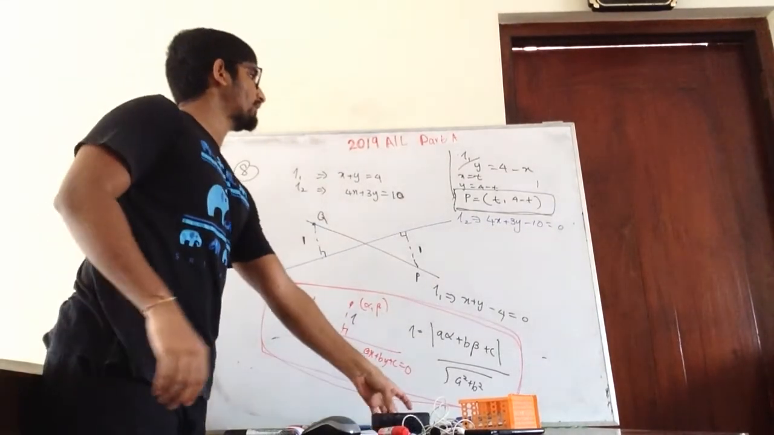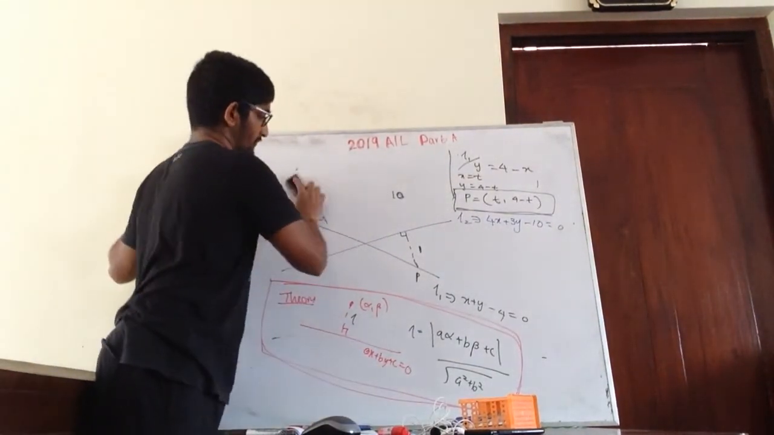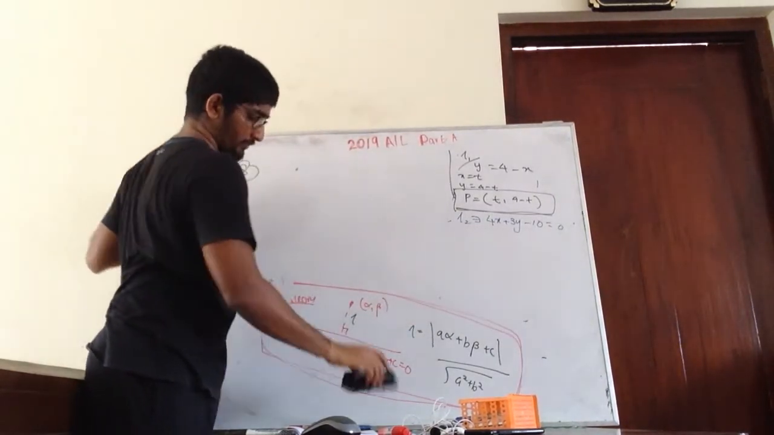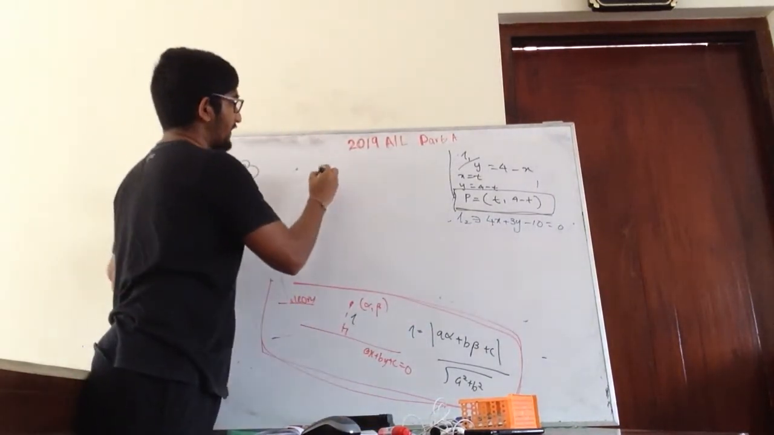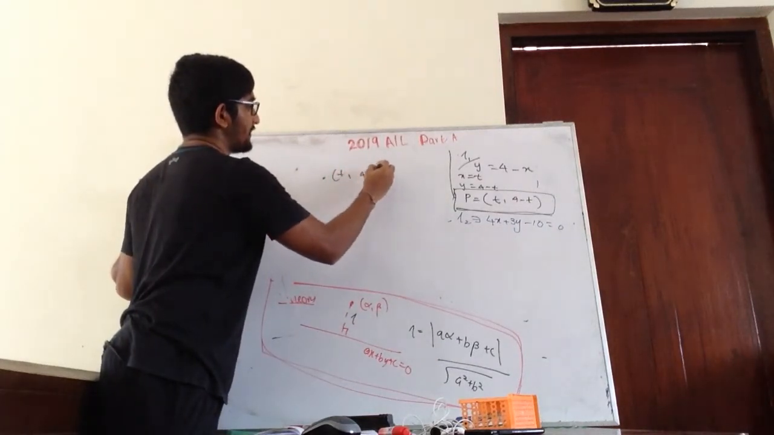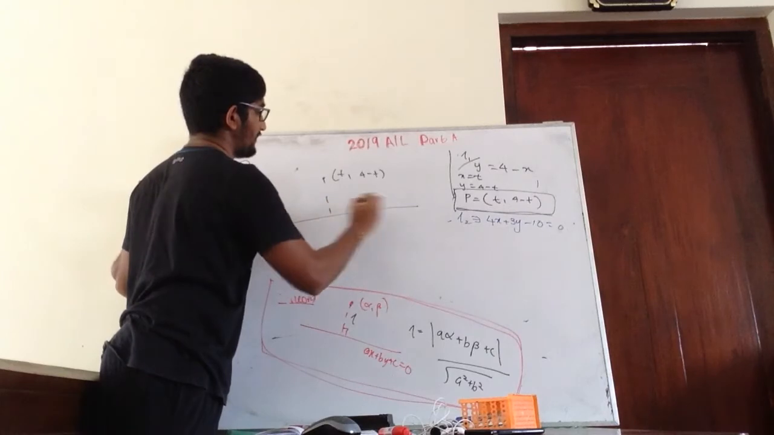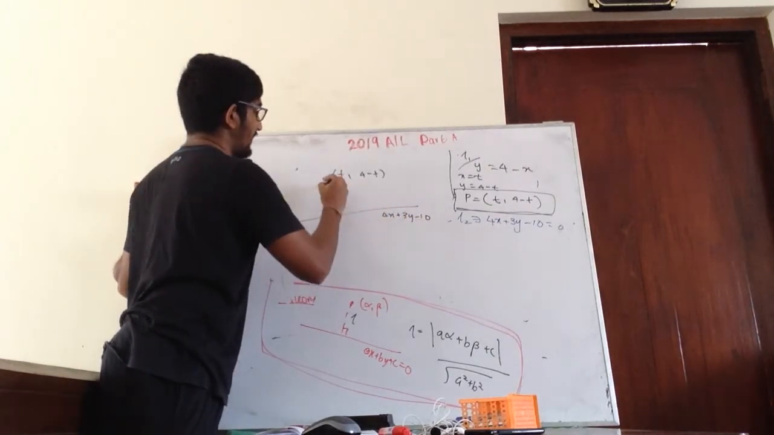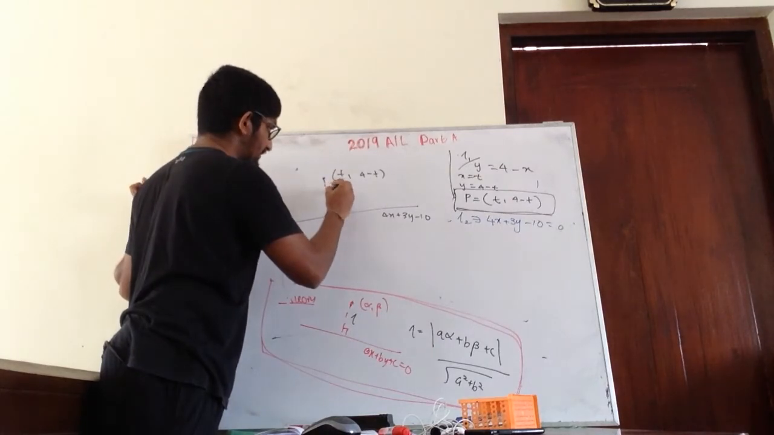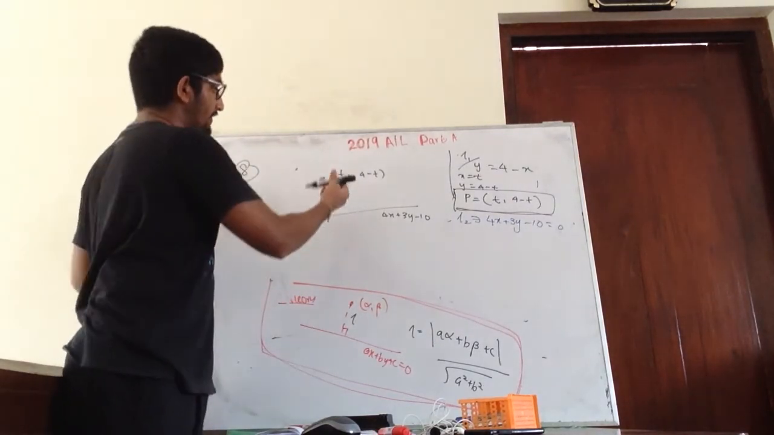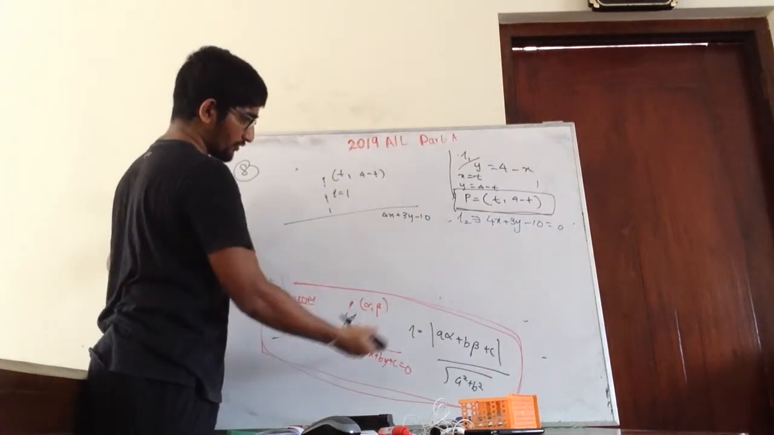Right, so now here, I have a point P (t, 4 minus t), and then I have a line which is 4x plus 3y minus 10, and this L value is 1. So what I am going to do is get the t value. So by using this,